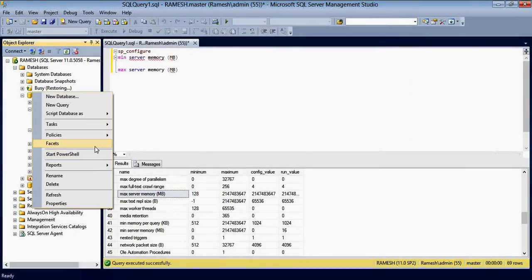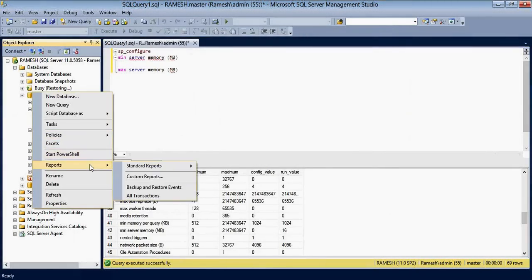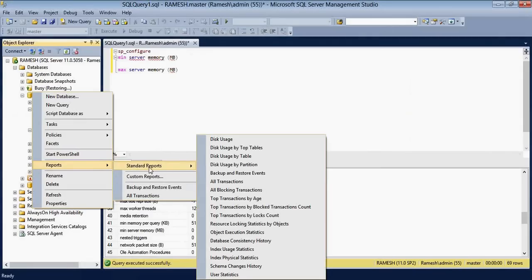To find out who and what they have deleted, just go to schema change history.